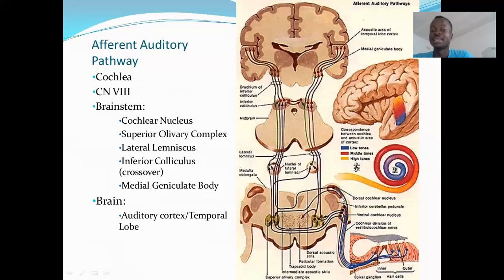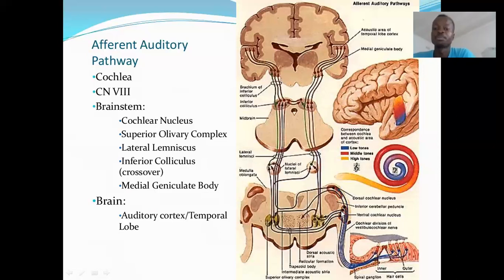cochlear nucleus. Then the other ones will synapse at the ventral cochlear nucleus. The ventral cochlear nucleus will actually be divided into a dorsal part and an anterior part, right? We'll talk about that. The dorsal cochlear nucleus will be characterized by having the principal cells and the stellate cells, whilst the dorsal ventral cochlear nucleus is going to be characterized by having what are known as octopus cells. Then the ventral or the anterior portion is going to have stellate cells, just like the dorsal cochlear nucleus. But on top of having those stellate cells, it's also going to have what are known as bushy cells,